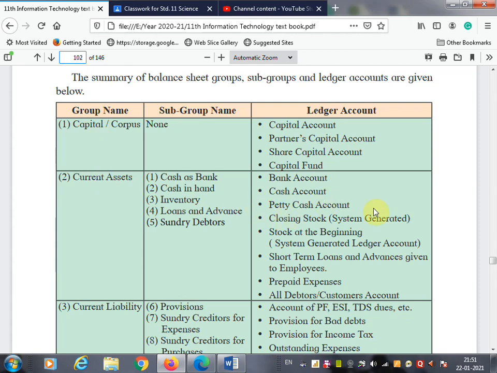Petty cash account, closing stock, stock at the beginning, short term loan and advance given to employee, prepaid expenses, and all debtors, that is the customer accounts, will go under current asset. It also has the subgroup names inventory, loans and advances, and sundry debtors.